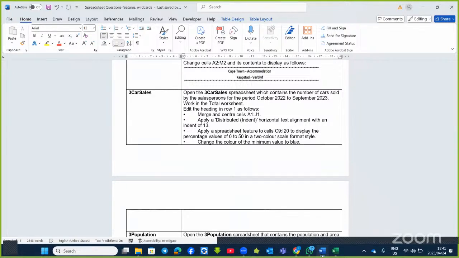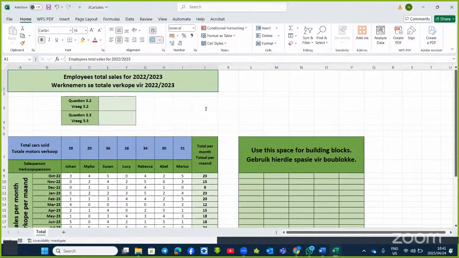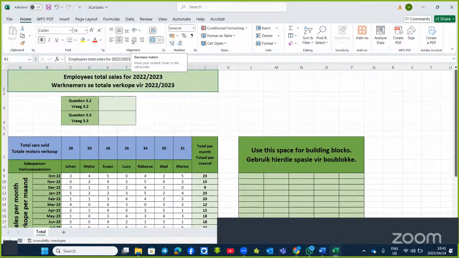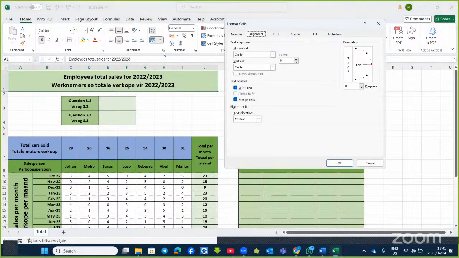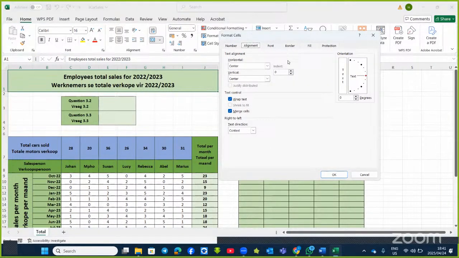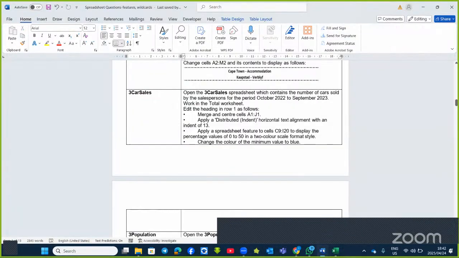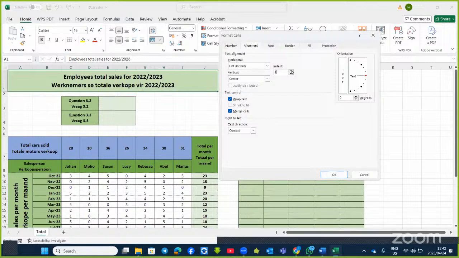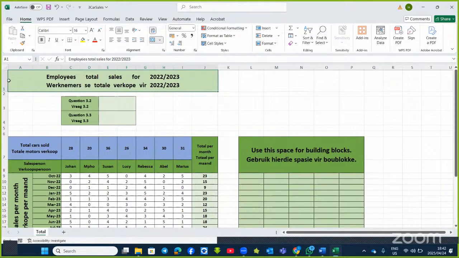So here is an alignment also. Like I said, there's an indent already here, increase and decrease indent. But then when you go to the alignment group, then you will see indent. The question says it should be indented at 13. So you type 13 here, and then it should be distributed. And then 13, then okay. Right, so that the text will be distributed within this cell. Then the next question,